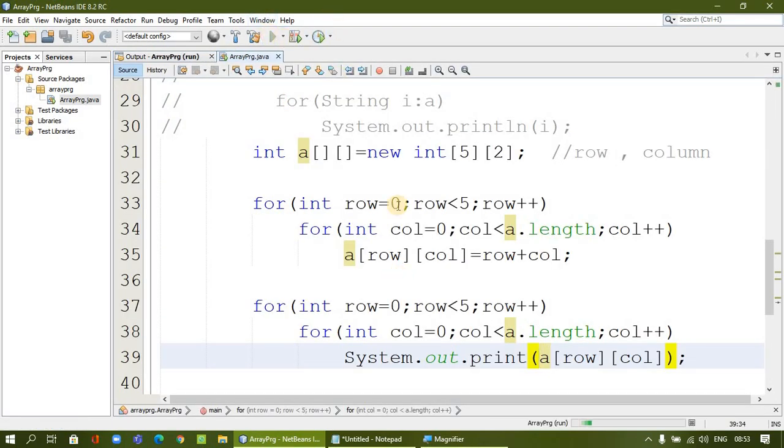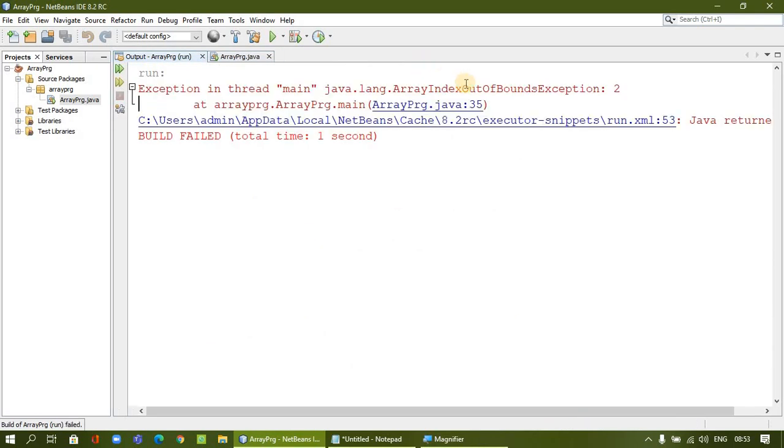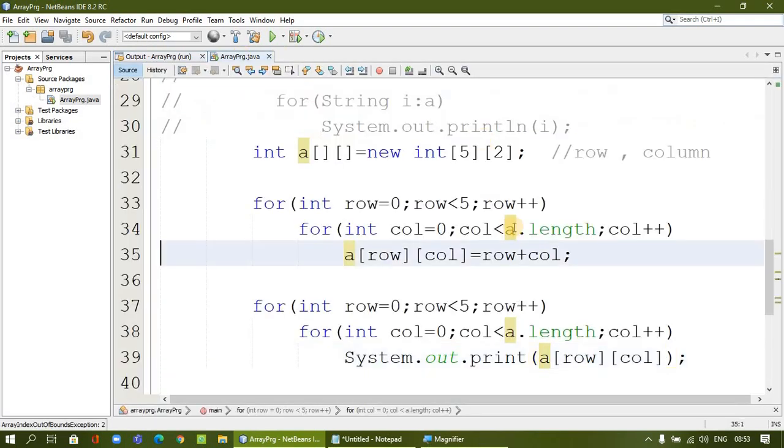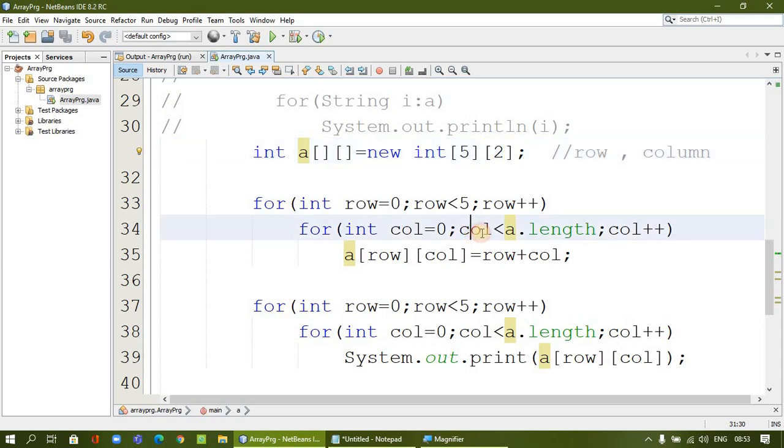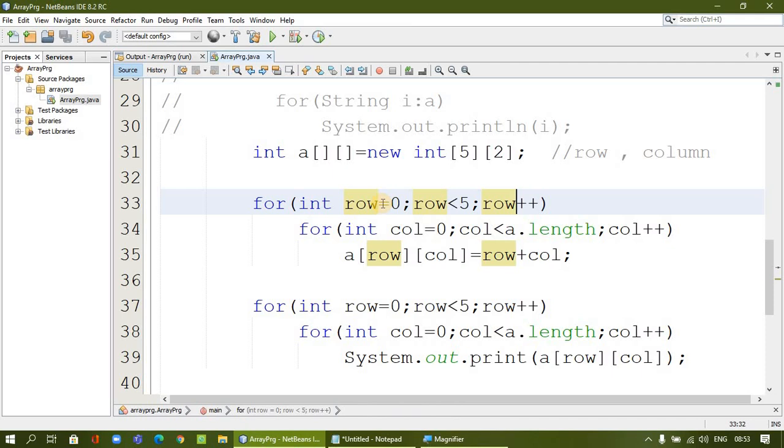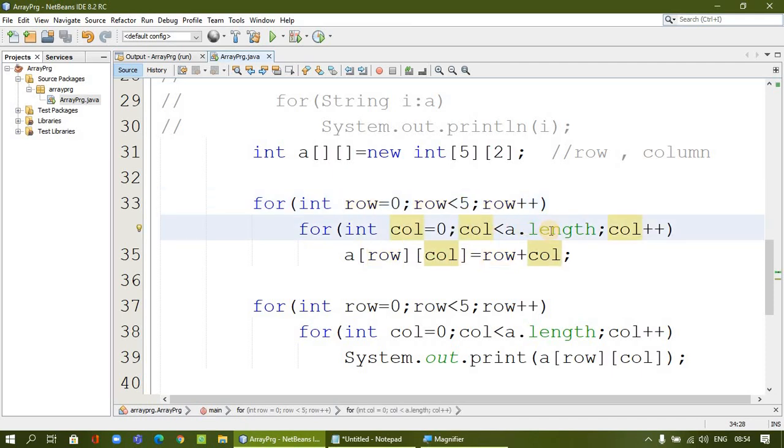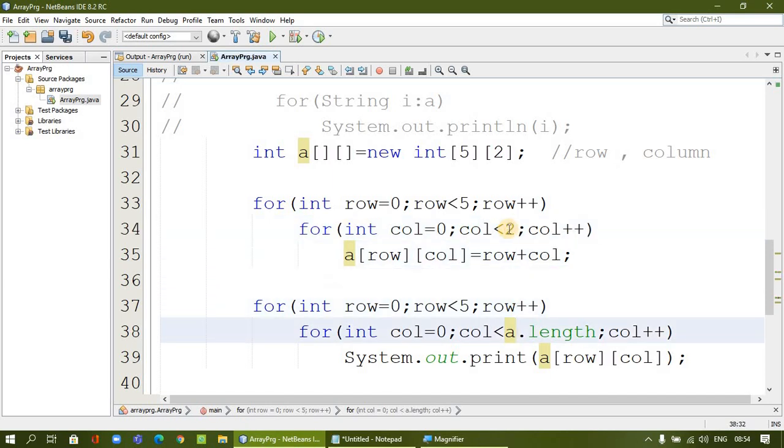Let me print once again, execute once again. Some index problem is there. Out of index is coming there. Yeah, 0 column plus. Okay, where is the problem here? Row is getting incremented, column. So column value, let me first of all fix here directly, we will change. The looping problem is there.